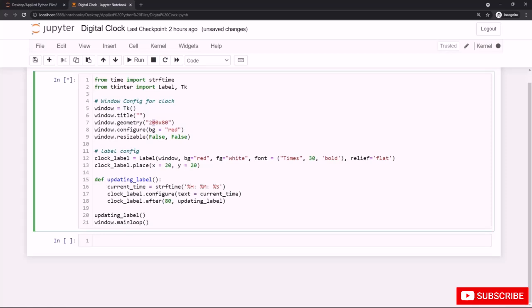We assign that function to a variable, and you can name that variable any name you wish. After that, you can insert a title. We inserted an empty title using the title function for our window. After that, the geometry for the dimension of the window we created. You can see the background is red using the configure function. Also, our window is not resizable, so we used false and false as arguments for that function